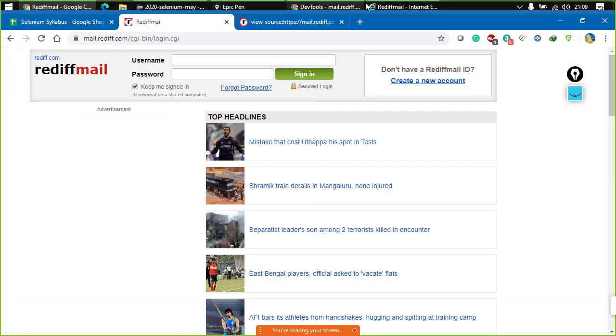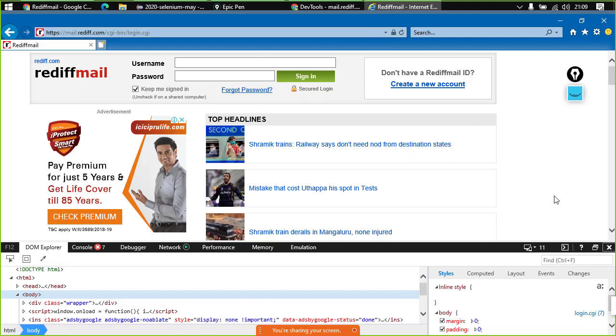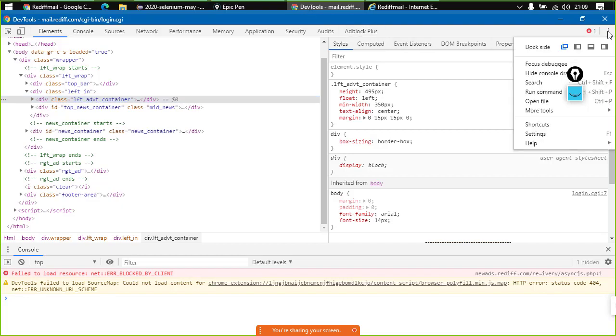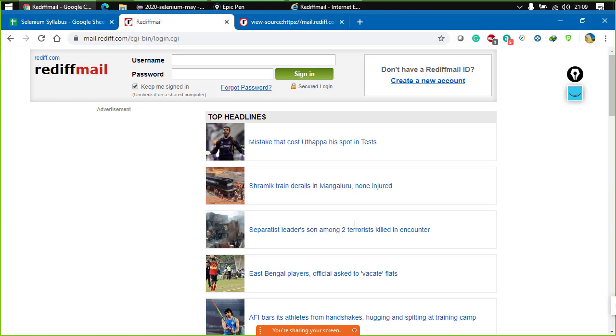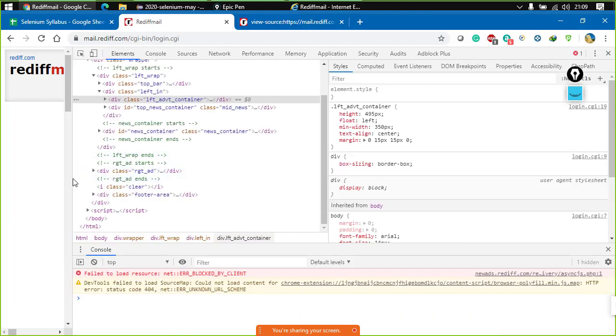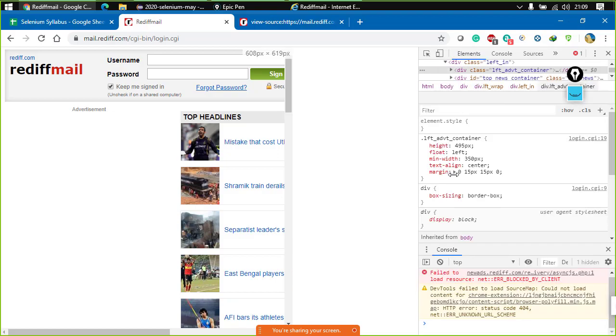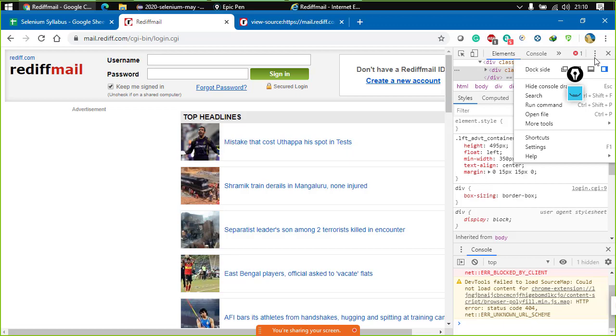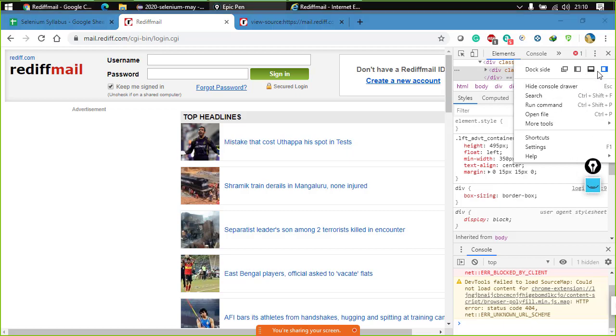No need to worry. For example, here in Internet Explorer, you can simply click here and unpin it, and it will open in a separate window, right? Over here it is getting stuck right now, I don't know why. Here in Chrome, click on these three triple dots and you have these options. By default it opens something like this, right?